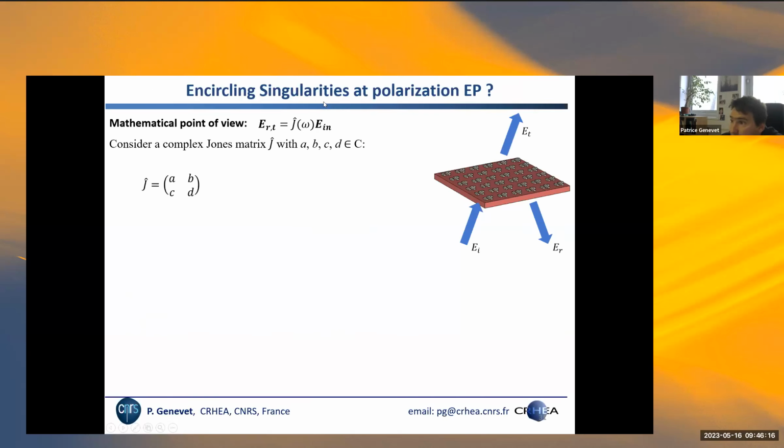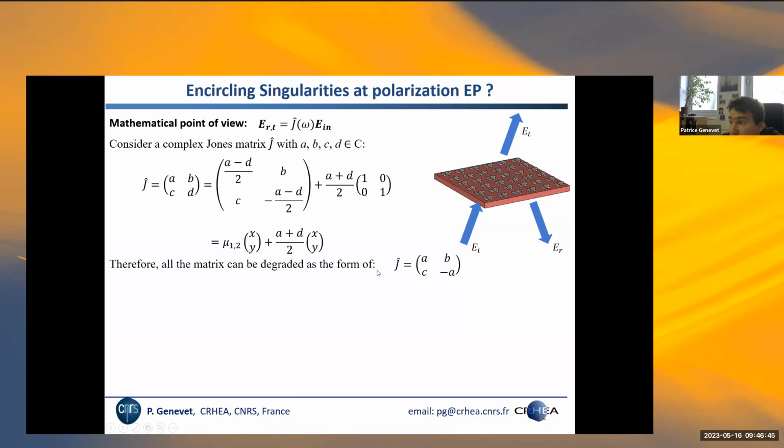I'm going to take an example here of the Jones matrix. The Jones matrix connects the input polarization state with the output polarization via a matrix that contains A, B, C, D complex quantities, because we are talking about amplitude and phase to describe the actual transmitted or reflected polarization states. I'm going to do an energy shift. It's called a gauge transformation, but it's a very simple expression that enables us to rewrite the Jones matrix in a reduced form where we have only 3 independent coefficients: A, B, minus A and C.